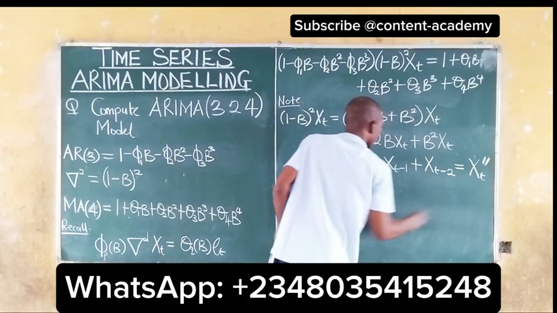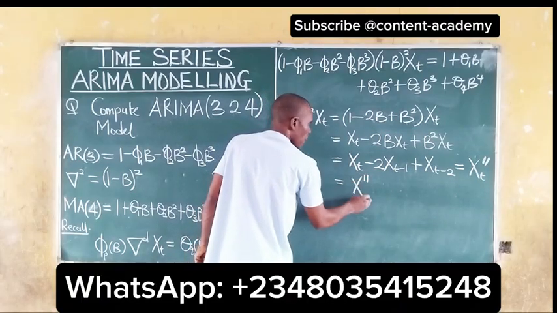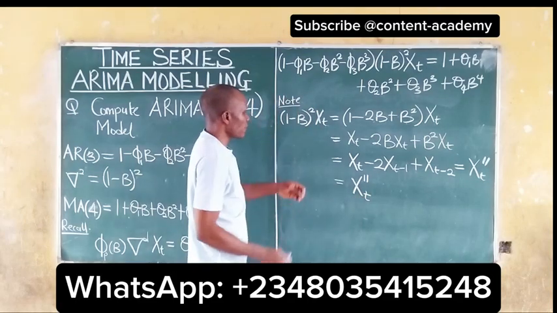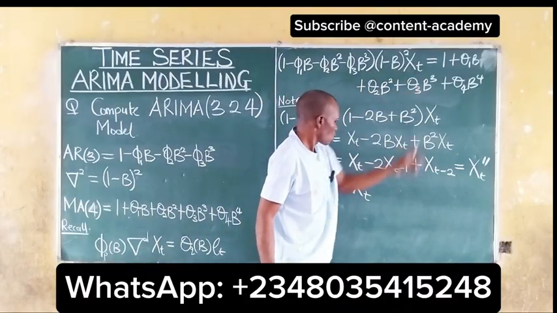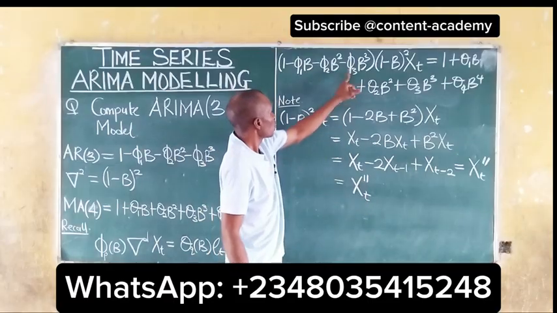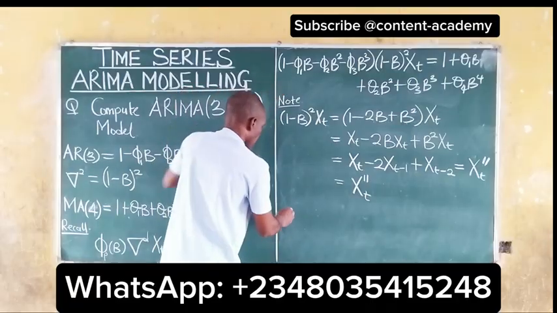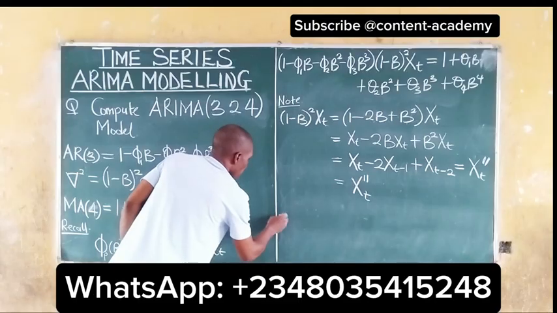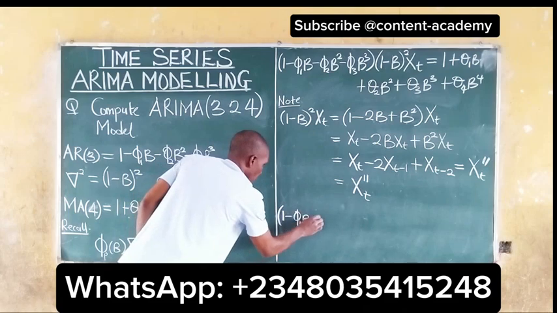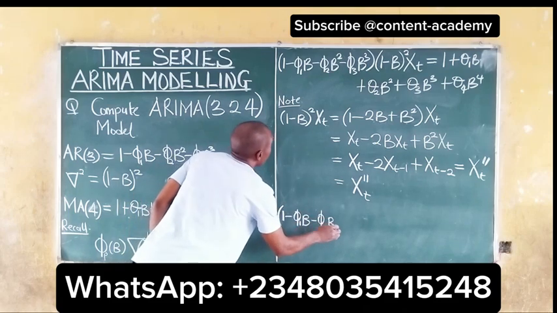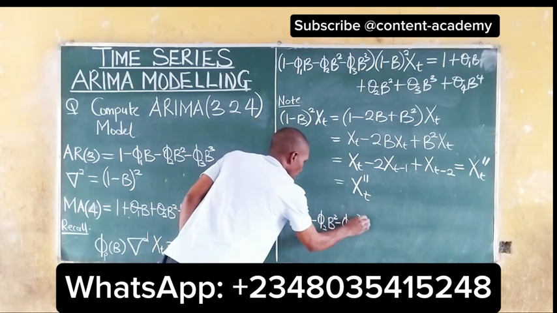We can say, let's take it as this Xt double prime. So we have this to be Xt''. So that means we can rewrite whatever we have here back. Wherever we see this, we put this. So that means that our model will now be (1 - φ1B - φ2B² - φ3B³)